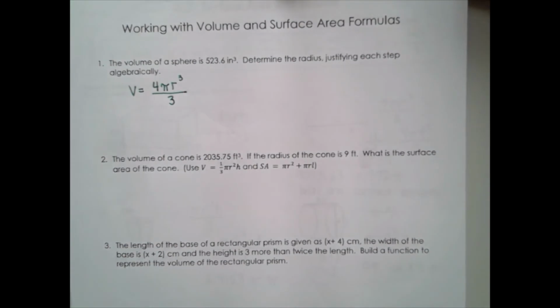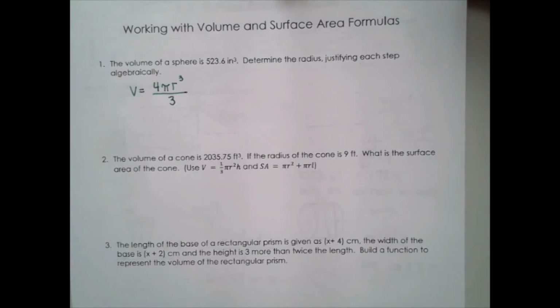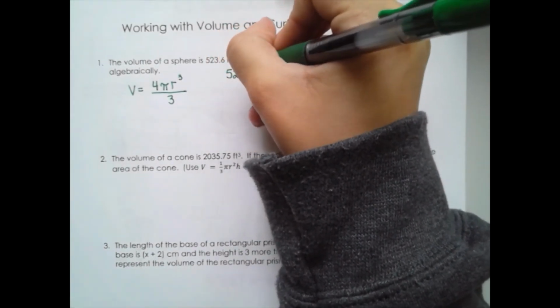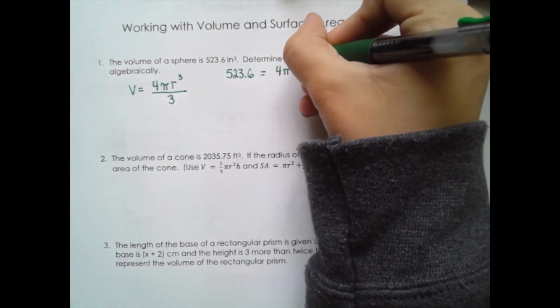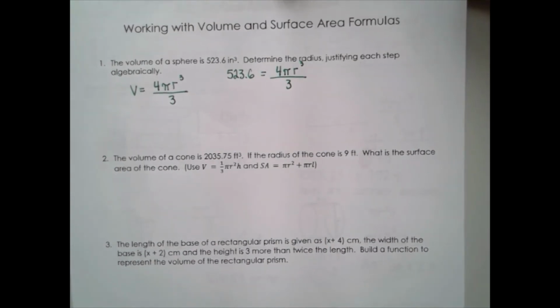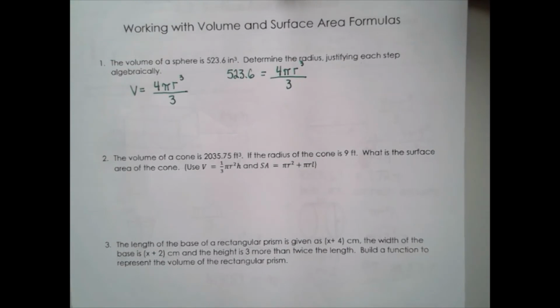We know that this volume is equal to 523.6, but that's all the information that we've been given. So 523.6 equals 4 pi r cubed divided by 3, and it wants us to solve for the radius. The radius is the only thing that we don't know here, so it's going to be pretty easy to solve for. All we did was plug in the information that we knew,